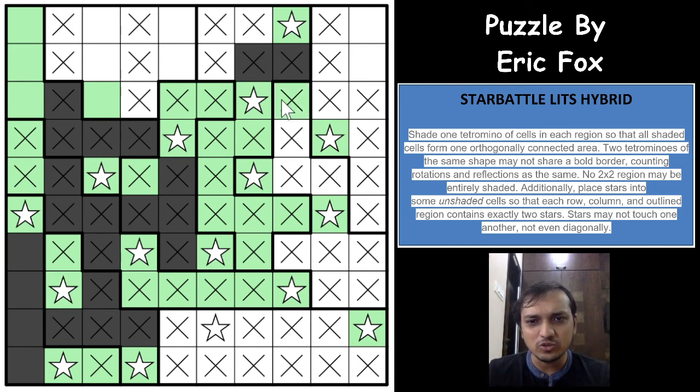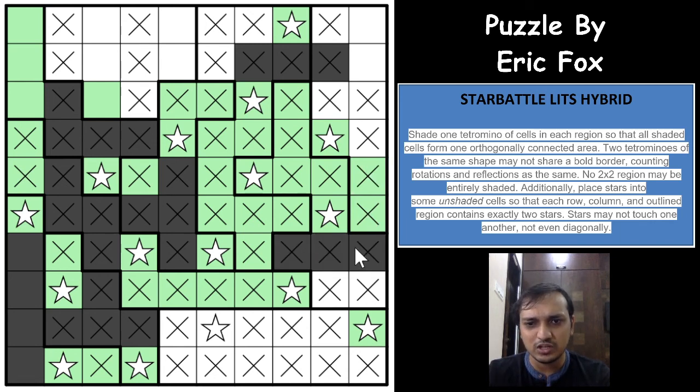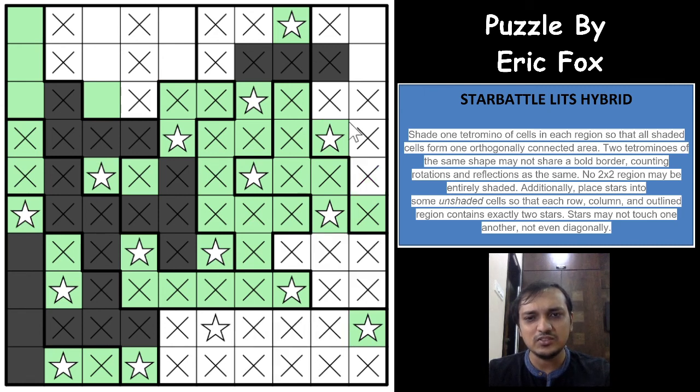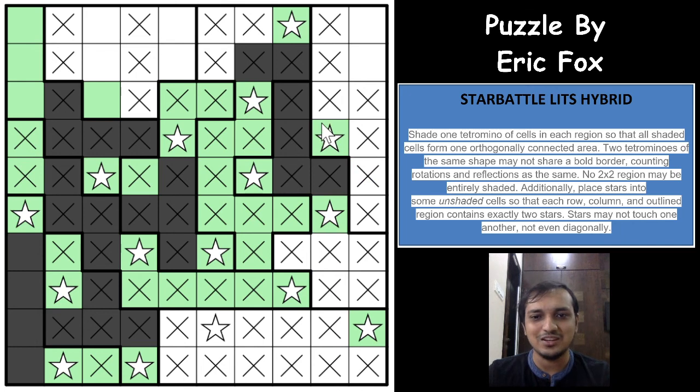So if you don't connect through this region, what happens is you connect through this region and you won't be able to reach till this point for this region to have a tetromino connection, right? So these 2 cells will be non-tetromino cells, and you will have 2 regions which won't have tetromino connection with anywhere in the grid, right? Which means that superb, these 4 cells will have to be tetromino cells. Excellent logic. And which means that these 5 cells cannot be the tetromino now.